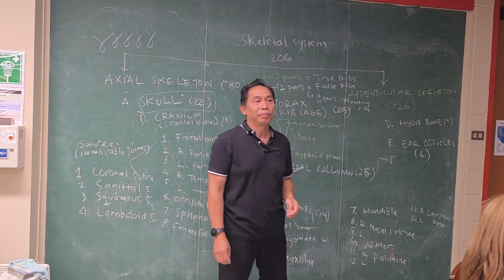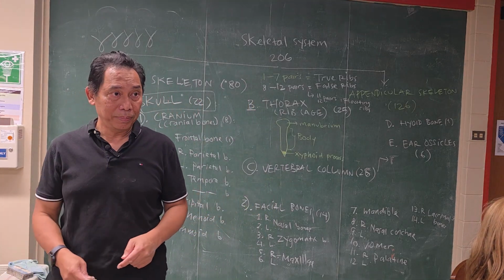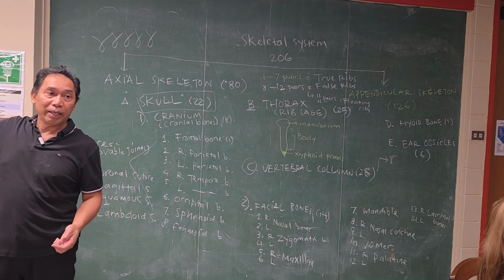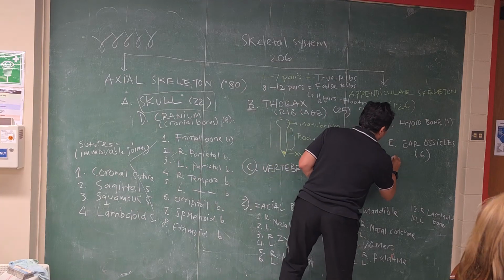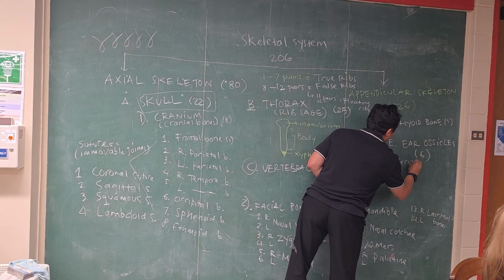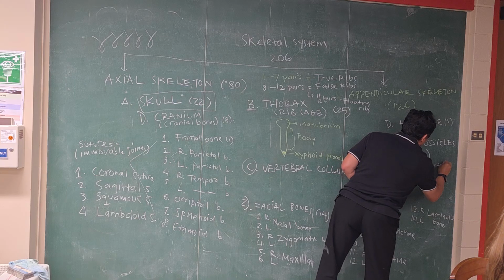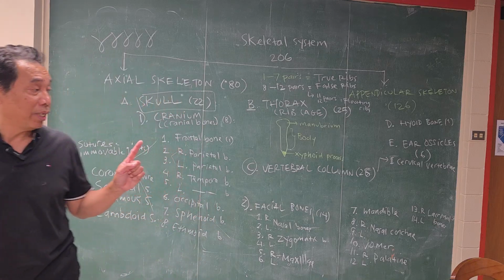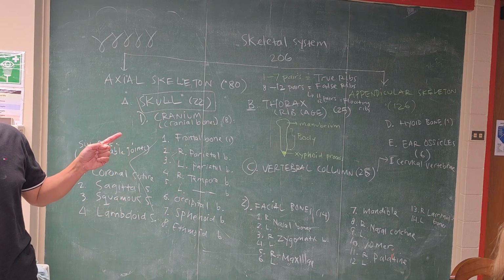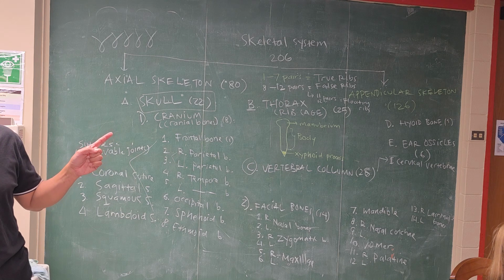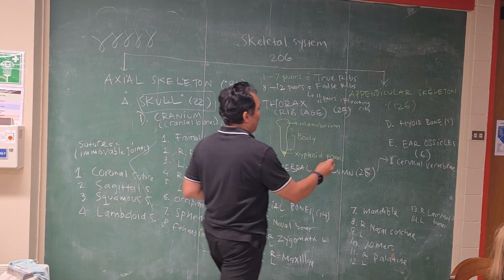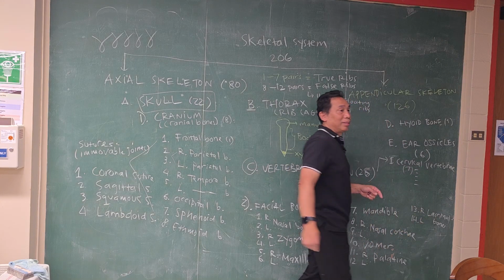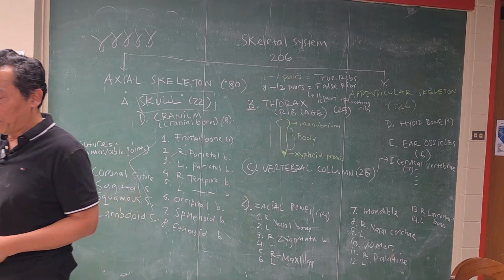Vertebral column. It has 5 parts. The first one is on the neck. So the first part is called the cervical vertebrae. Cervix means neck, vertebrae means vertebrae. So there are cervical vertebrae, neck vertebrae. How many? 7. There are 7 over here. Now you have to name one by one, right? 7 cervical vertebrae.